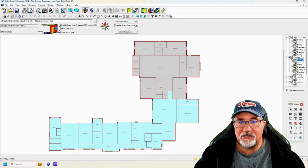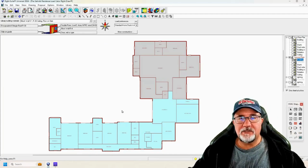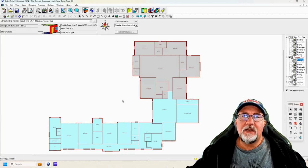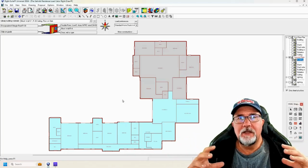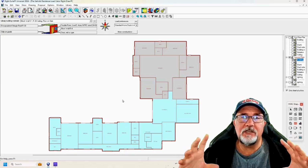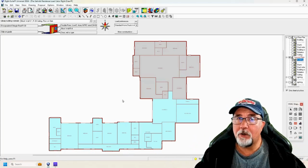So we'll use one of these floors as an example. So you see we have the second floor here, which only has 2 air conditioning systems. So let's use the second floor because it's got some bigger areas. So what you're trying to accomplish with zoning is looking at how a house is situated, facing, and then looking at how the heat is going to change in different parts of the building or the home at different parts of the day,